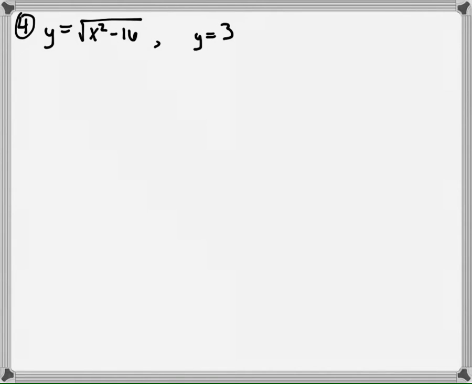This one looks a little bit different, but it's asking us to solve this set of equations. So it's asking us, where do these two lines intersect? So going back to the way we did systems, we can use the substitution method and set this equation equal to this, because they're both equal to y. So all I'm going to do is take the sides that are different and set them equal to each other. So I'm going to set the square root of x squared minus 16